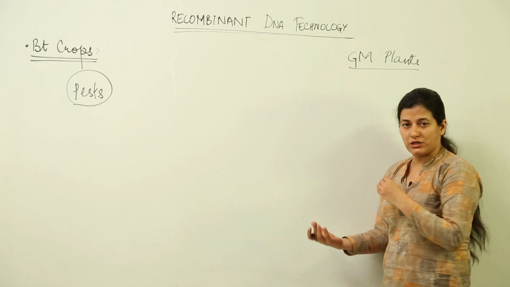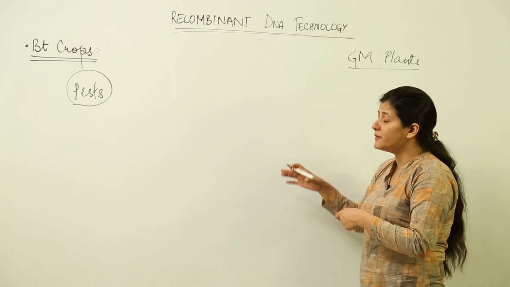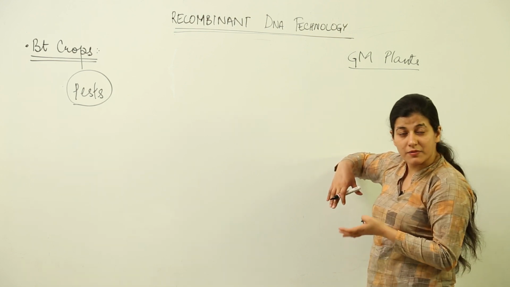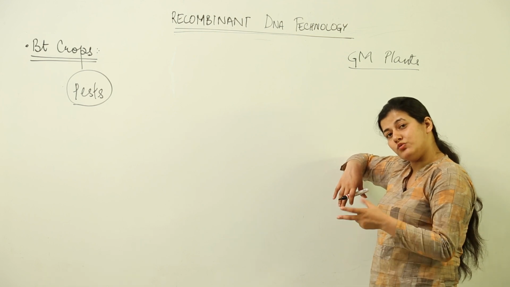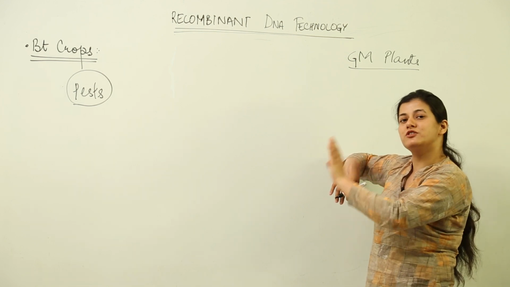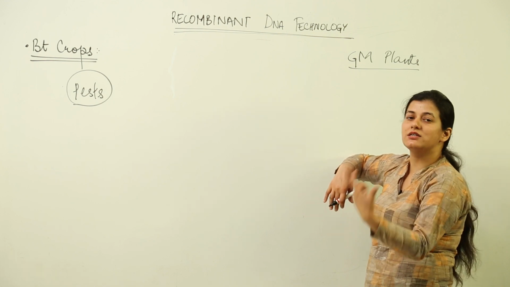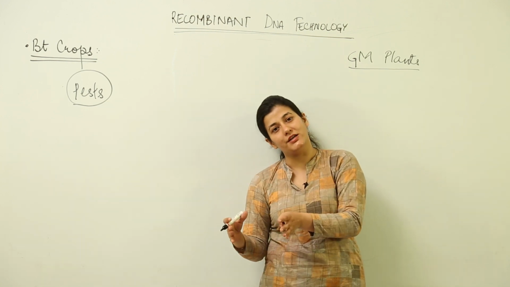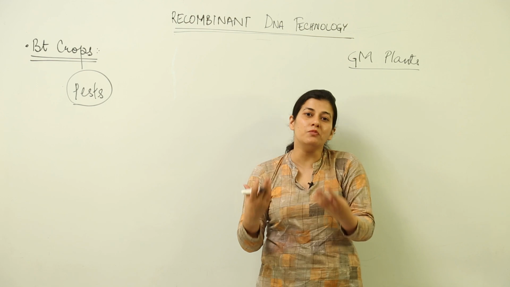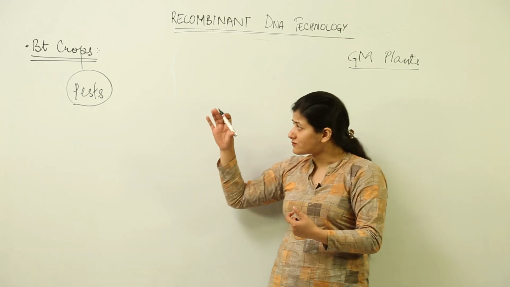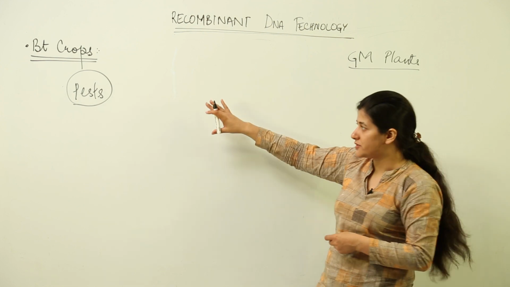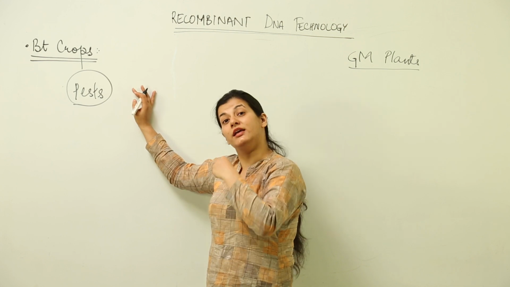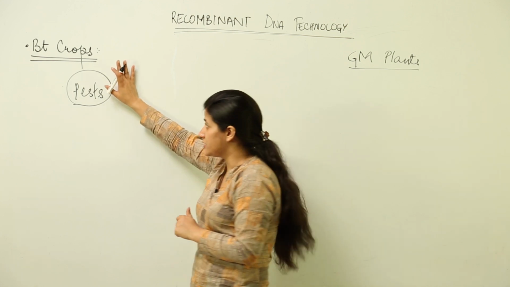Now, with the technology advancing and coming to our doorsteps, this biotechnology, we have a mechanism where this pest control could be carried out, but in such a way that the organism which was to be eaten by the pest itself is providing the resistance. You do not have to spray external pesticide, some chemical that is made in the industry. Instead, you make such plants which have an inborn pest resistance. For that we have BT crops. Those crops which can themselves meet very well with the pest and kill them in return would be BT crops.